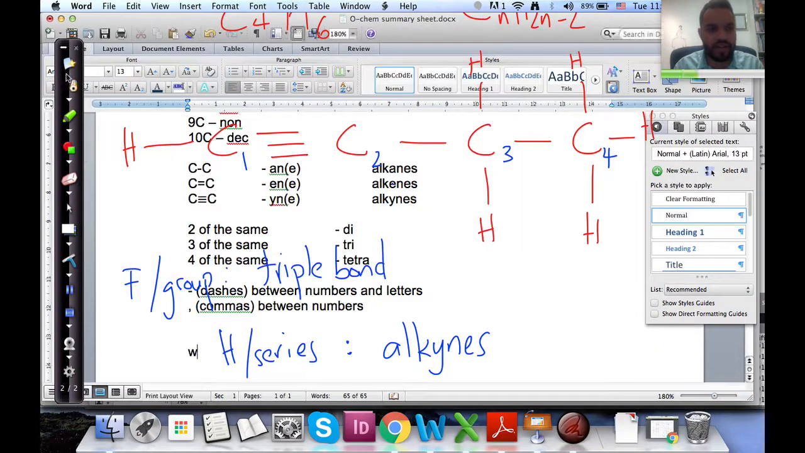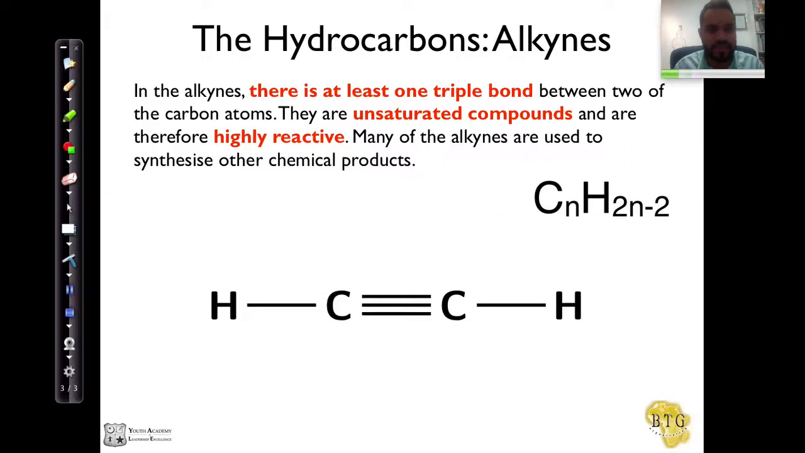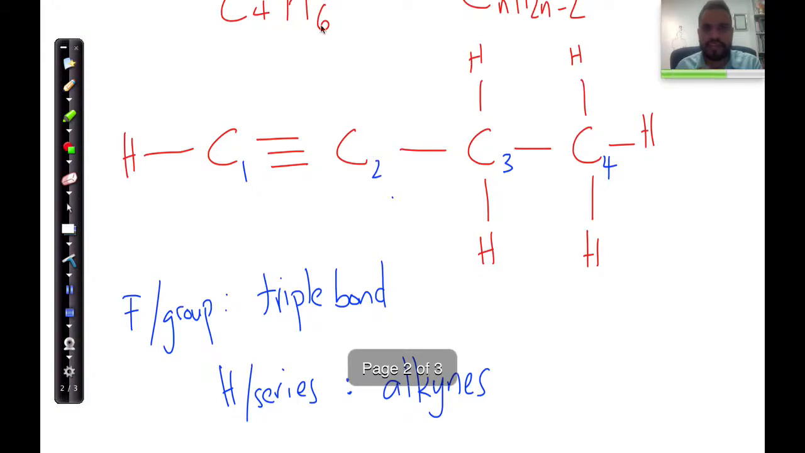Let's just bring up our summary sheet. As you can see on the summary sheet, 4 carbons starts with but. Sorry, my bad. C4H6, CnH2n minus 2, and you've got 4 carbons, so you know that the name has to start with but, bute, and you also can see that there is a triple bond in it, so it's going to be butyne,